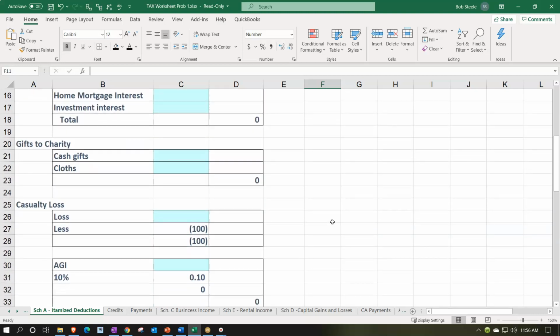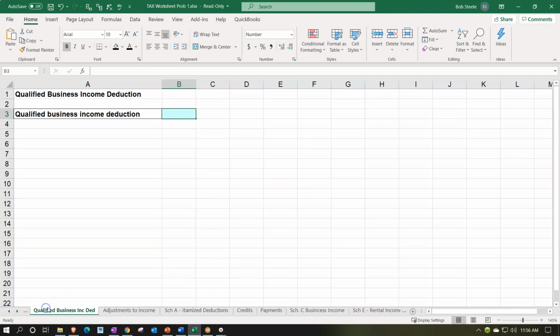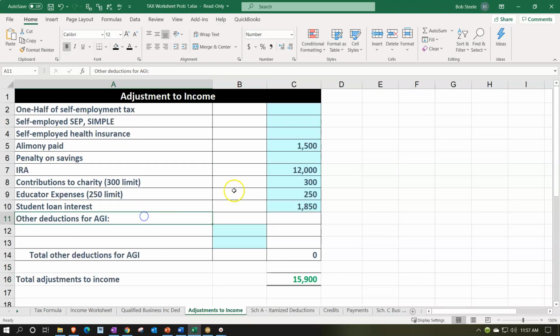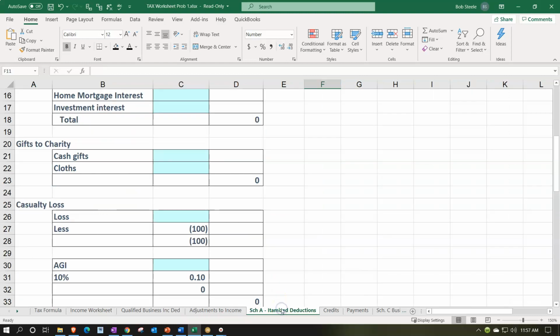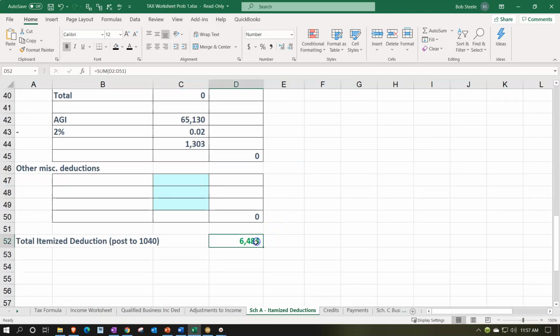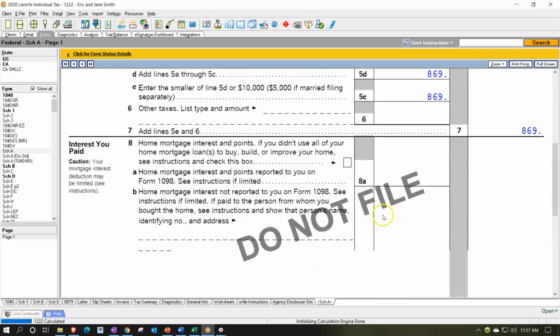We also had the charitable contributions. You'll remember that we put them on the first page of the 1040 because we're figuring that we were taking the standard deduction. So we included them in the above the line items here, the adjustments to income, and those were included on this worksheet and they were capped at 300. But they actually had 500 that was contributed, and if they were to itemize, then you would get the entire 500. So if we go to the gives to charity, I'm going to add that here as well. So if we were itemizing, we could put them there, and that would add up to that 6484. So that would then tie out to this